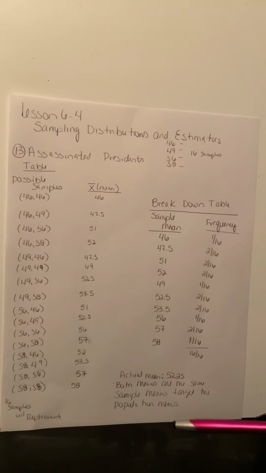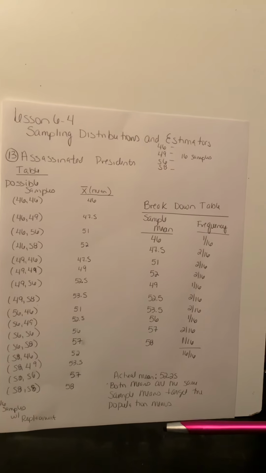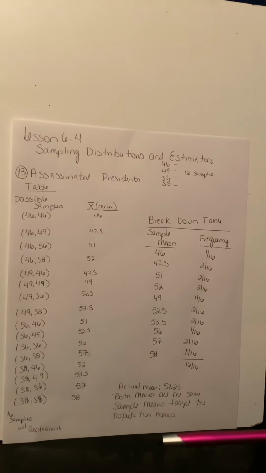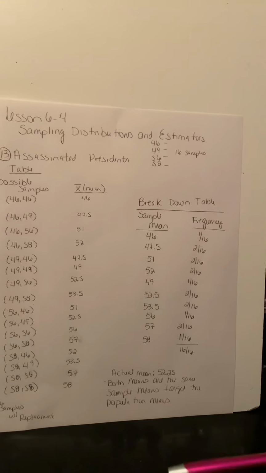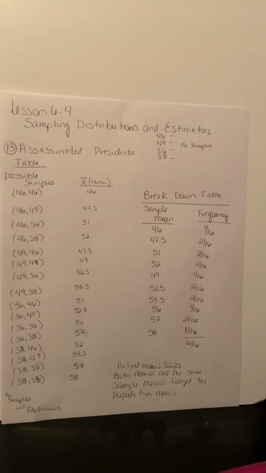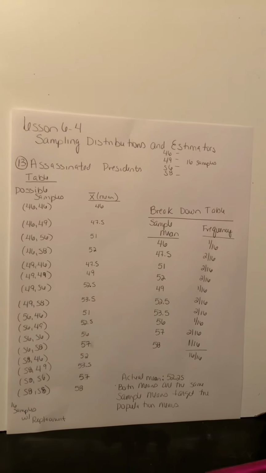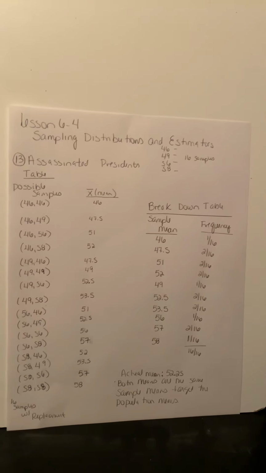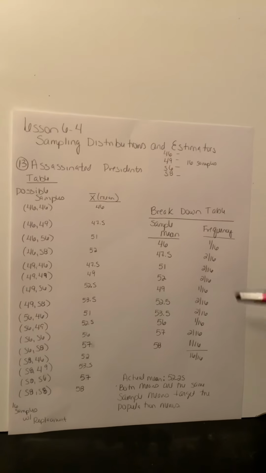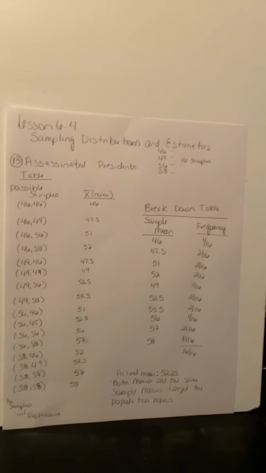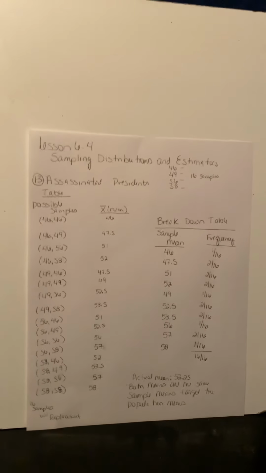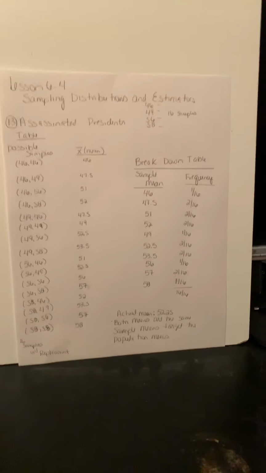What a sample mean does is it targets the population. It just breaks it down into a simpler form so that you can see how much this occurs, how much it is occurring. What's really kind of cool about that is you can just keep going with it until you can see how many things are occurring. And it's really cool when you're dealing with this and breaking them down into those tables,